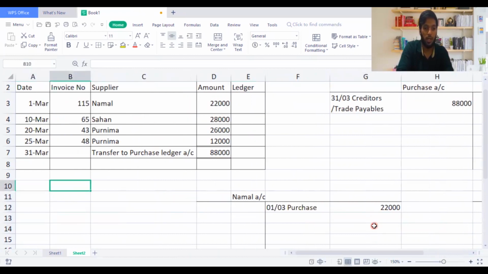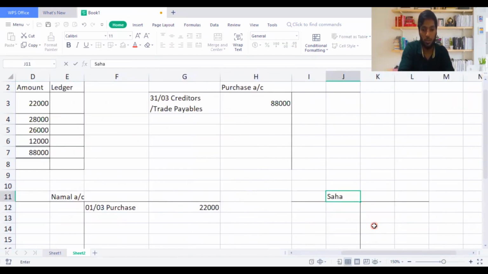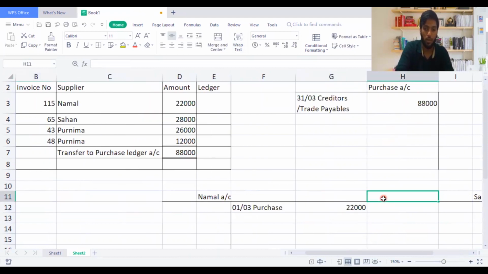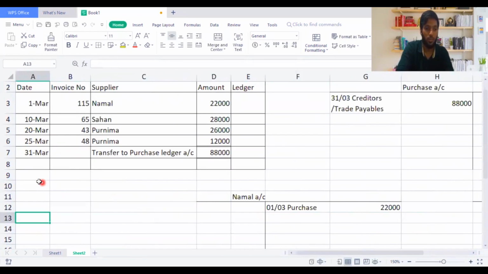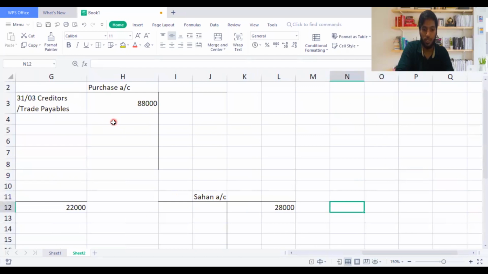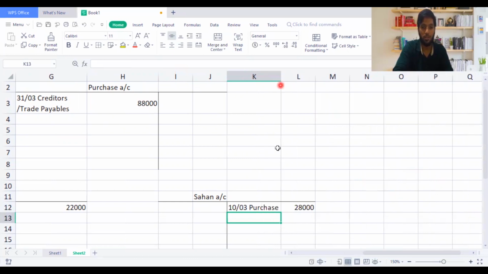Then we move on to the next part, Sahan account. You don't want to write the invoice number, as I said. You record Sahan account, and again creditor, purchase account is debit. So the double entry should be creditors account credit. So you will record creditors account 28,000. And what is the date you have made the purchase? On 10th March, 65 is the invoice number. You'll never write the invoice number, but you'll record the date, 10th March, and again you will say purchases because you are transferring the value from purchase account one by one. Here you don't prepare a creditors control account on this sum. A creditors control account, for your knowledge, is tested in your advanced level. For your O level, you have only been tested this much. So then we move on to the next part.